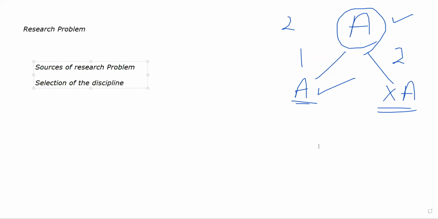So first of all, before they start research, they have to select a discipline, whether they are going to perform the research in nursing, or are they going to perform the research in MBA or any other managerial courses, or are they going to perform research in some other completely new field altogether, okay, or their PhD. It does not matter, but let's suppose they are going for research and they want to publish a paper. In that matter, the first thing that you need to do is select a discipline.